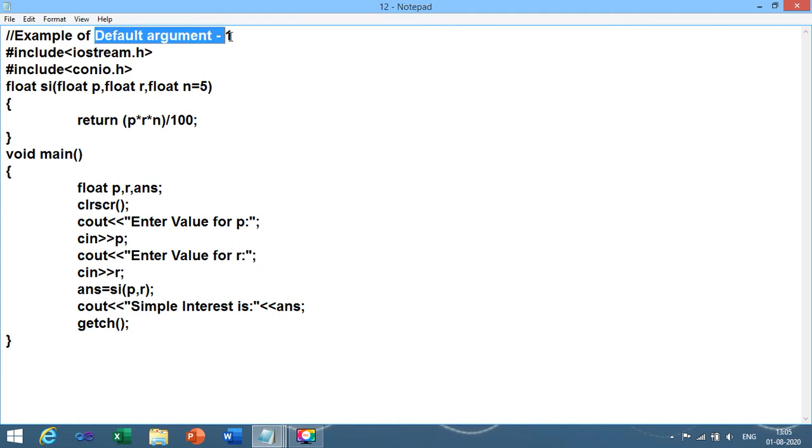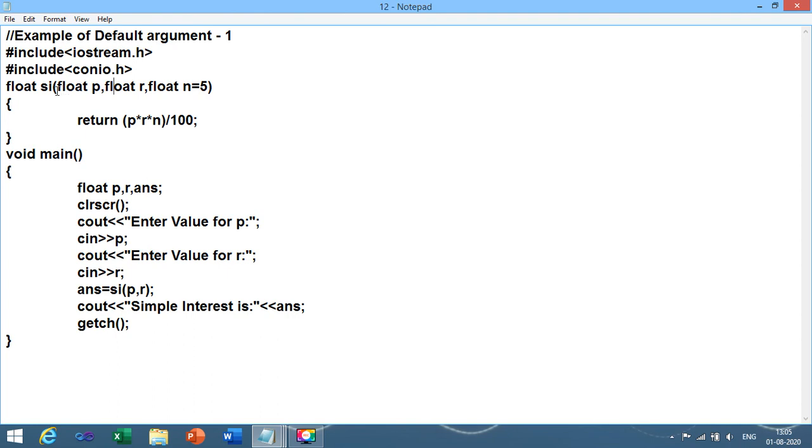Program number P62 is regarding default argument. In default argument, again two things you need to consider. Number one, while you are declaring default argument, it is from right to left.